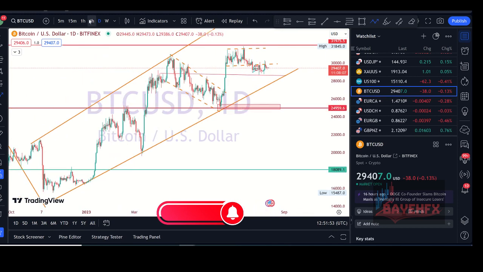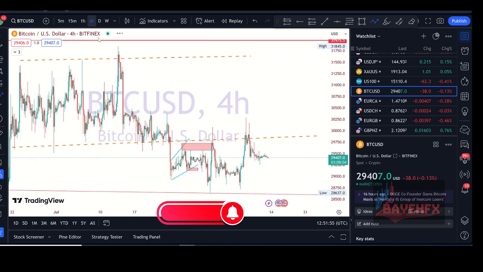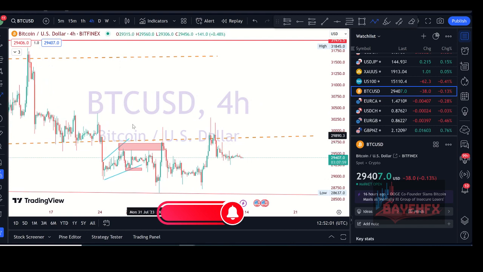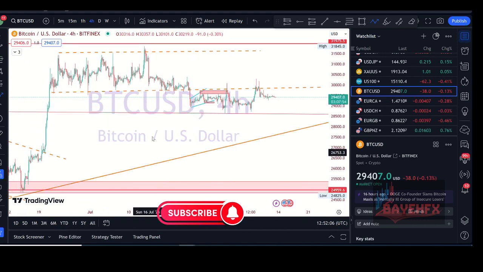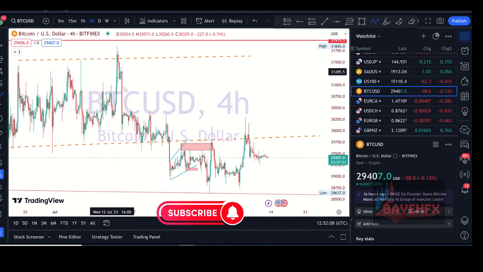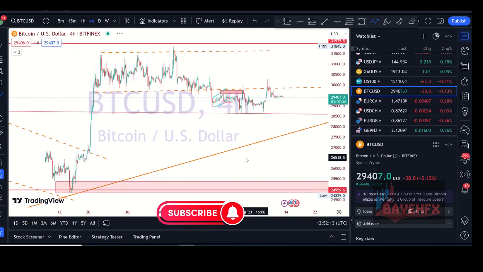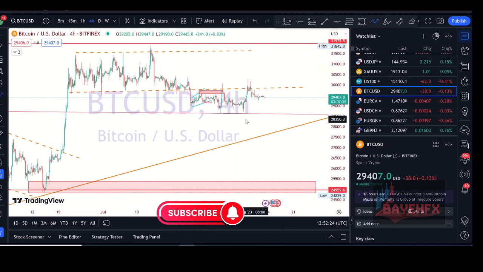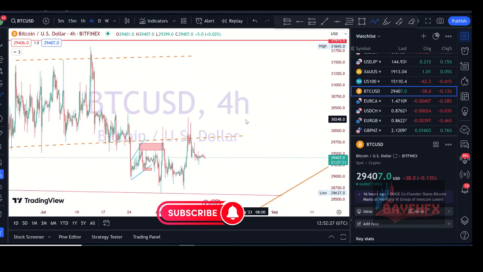So let's go down to the smaller time frame to see what candles or what chart patterns we're seeing, right? As you can see, we're in a particular ranging market on a smaller time frame. We're still in the range. Once you see a bearish impulse move and then the market starts ranging, you know what it means, right? This is the reverse pattern of this one. This was a bullish move and then we entered a ranging market. This one is a bearish impulse, and now we are in a ranging market. This signals a bullish continuation to the upside. So once we get a breakout at around this particular zone here,